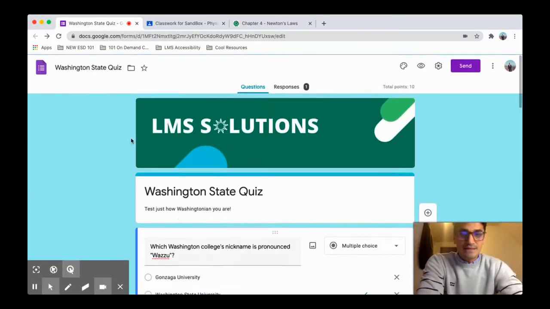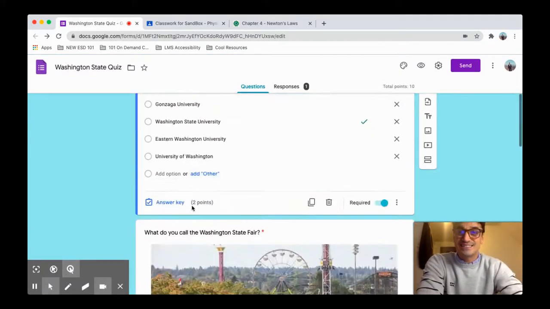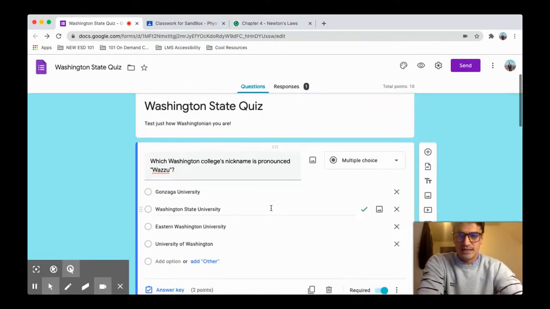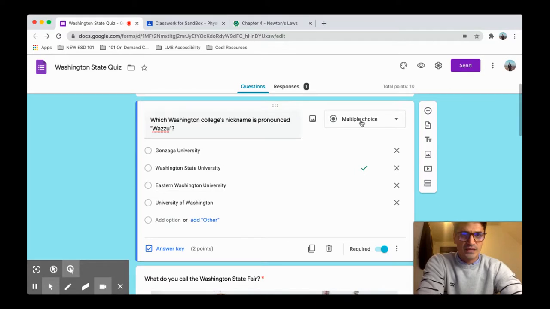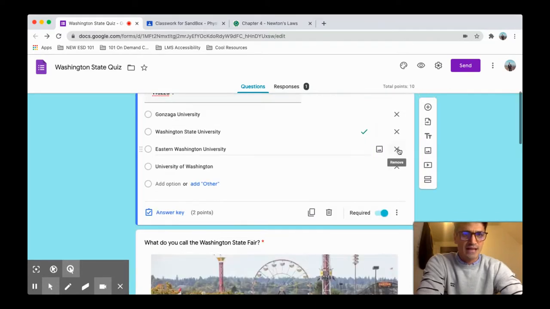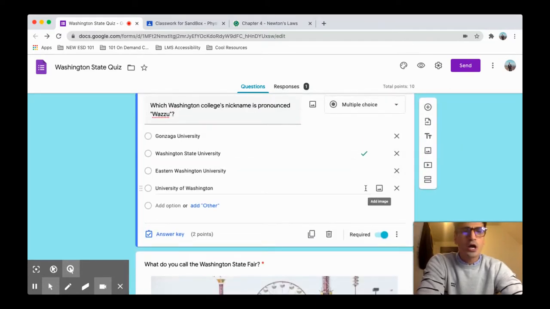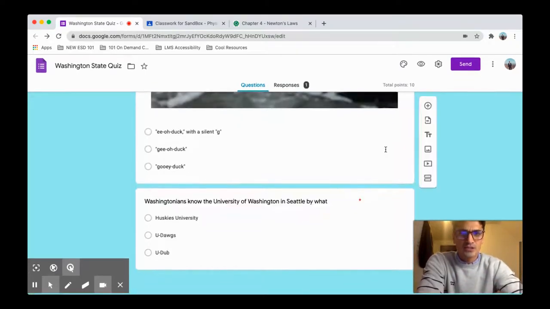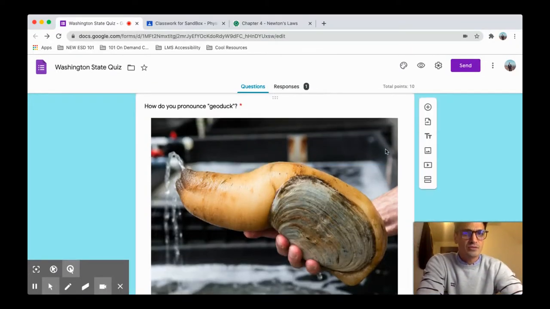So I made this test, and you're actually going to take this test. It's a 5-question test about how much you know about Washington State. So I have my different questions right here, right? I can set my question choice. I could add some more questions here. We're not going to go over the basic fundamentals. What we're going to talk about is, okay, I got my questions. Well, now I want to give answers to my questions.